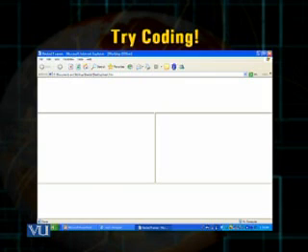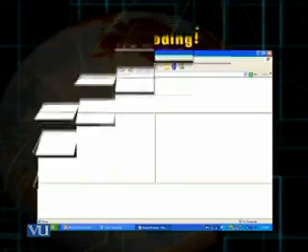The division is such that 25% of your web screen should be reserved for the upper frame, then 50% of the web screen should be reserved for the middle frame, and the middle frame is to be further divided vertically into 50-50. After that there is a bottom frame, the lower frame, which again is 25% of the total window screen. It's a simple coding and I want you to do this for the next lecture.